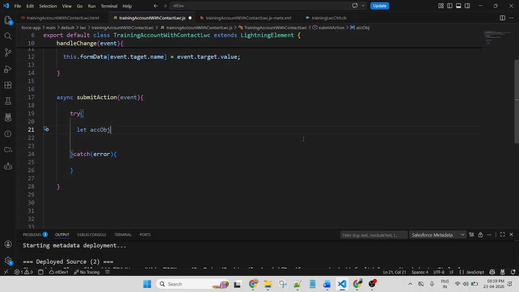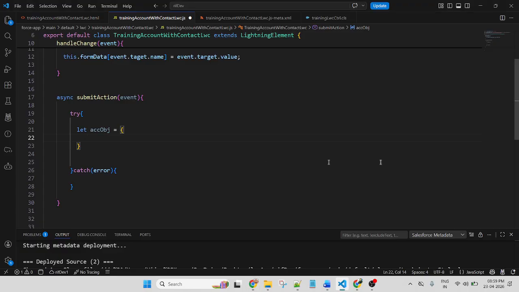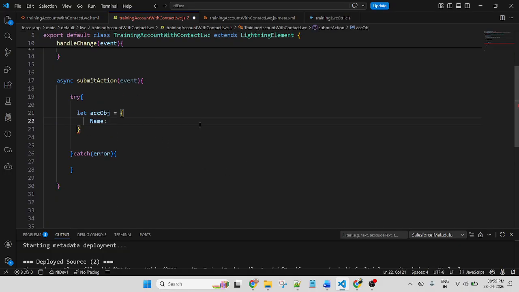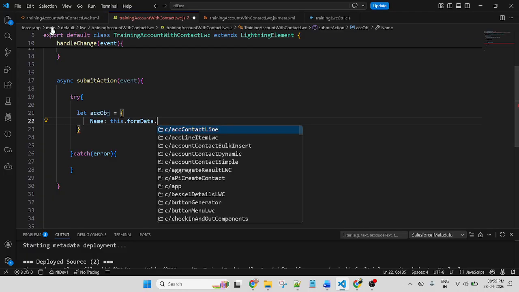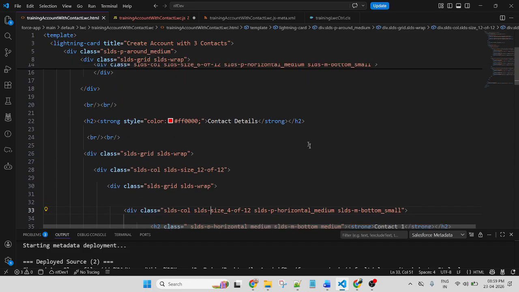Let's create a variable, account object, equal to an object. In the account, there are only two input fields, name and phone. So use name, and the value will pass from the object. Here I am assigning the value of the input field. So I will get the value from this.object name.value, based on this name, because each and every input field has a unique name.